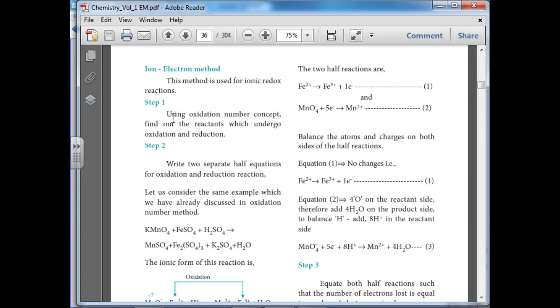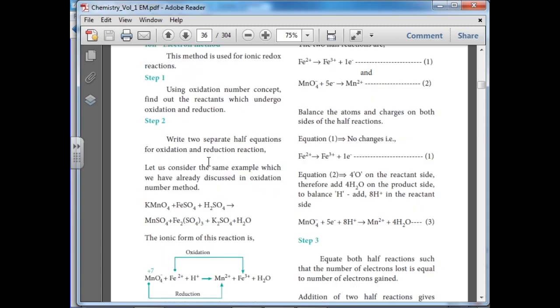The first step is using the oxidation number concept. Find out the reactant which undergoes oxidation and reduction. What is the second step? Write two separate half equations for the oxidation and reduction reaction. For example,